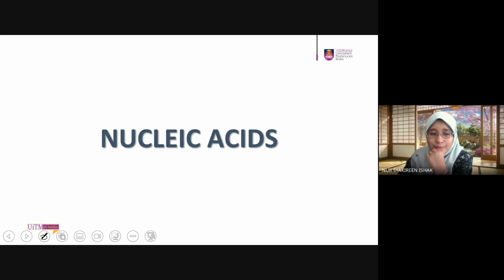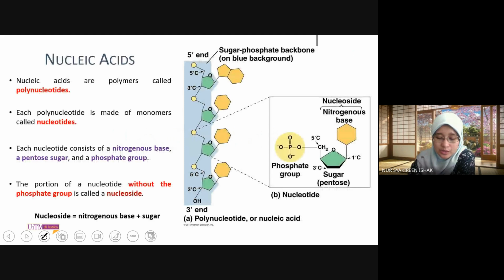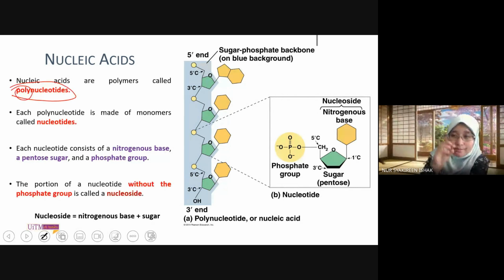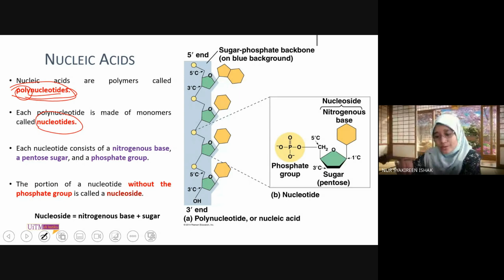Faham. Okay. So now we are going to look at the next subtopic, which is the nucleic acid, the last macromolecule. Okay, so the nucleic acids. So nucleic acids, basically they are polymers, which we call polynucleotides. Poly, banyak, kan, many nucleotides that are attached together. Kan? So polynucleotides. The monomer will be nucleotides. So when you attach one nucleotide to another nucleotide to another nucleotide, you form a polymer. We call it